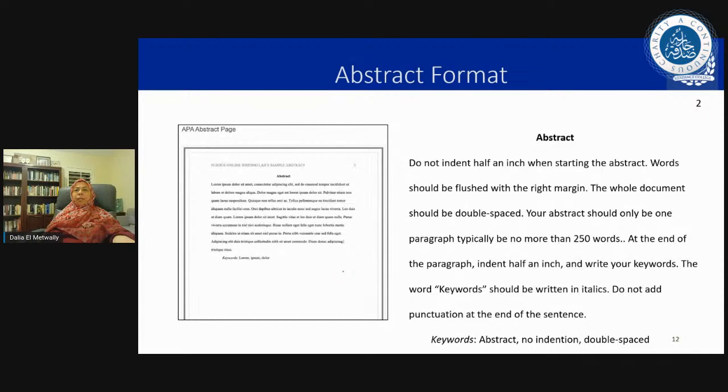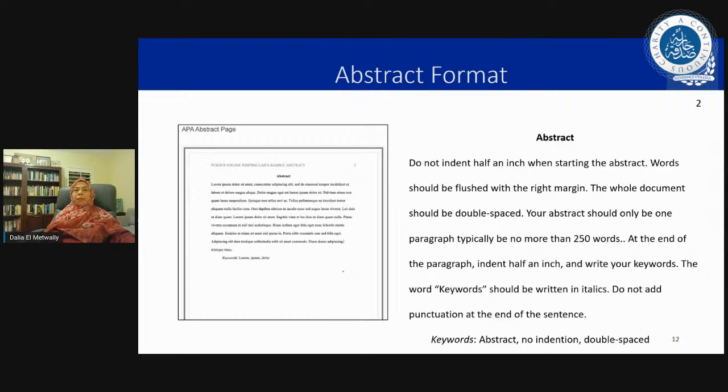So this is how it's going to look when we talk about the abstract, right? The abstract is also going to be bolded, and that is also new. One other thing I need you all to remember is that we do not indent the first line of the abstract. It's actually put in a full block, but then we indent whenever we're writing our keywords. And the word keywords itself is put in italics, or italics, depending on how you want to pronounce it.